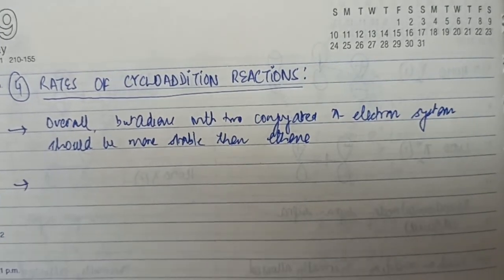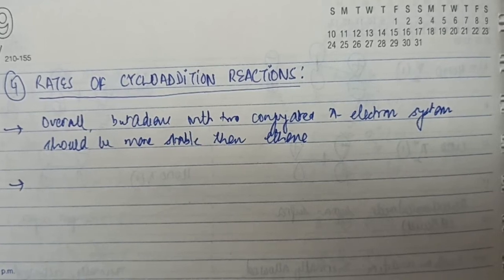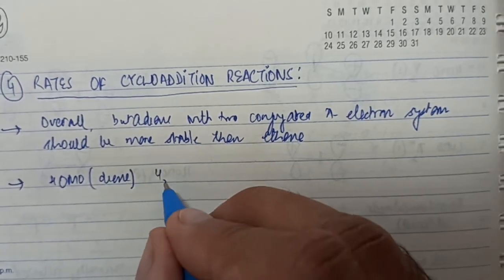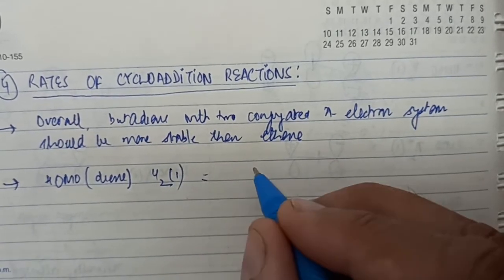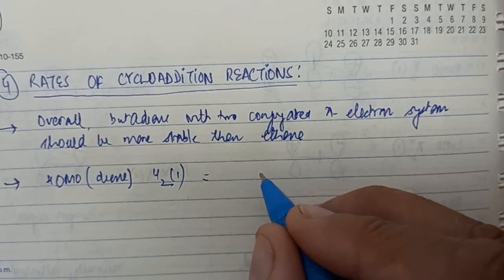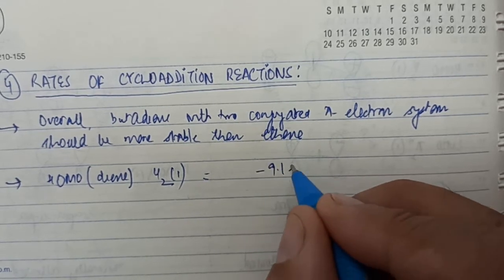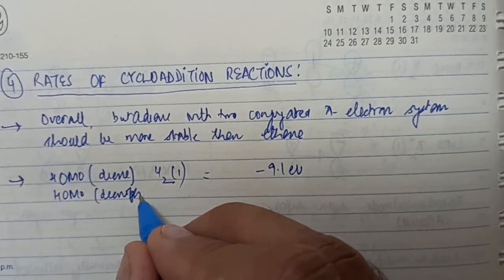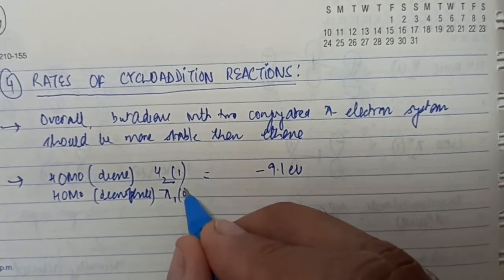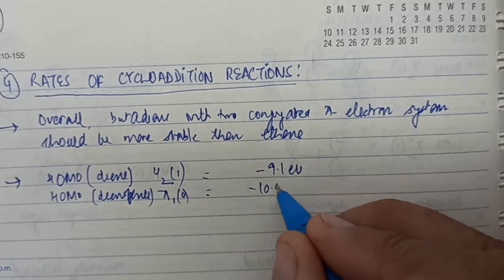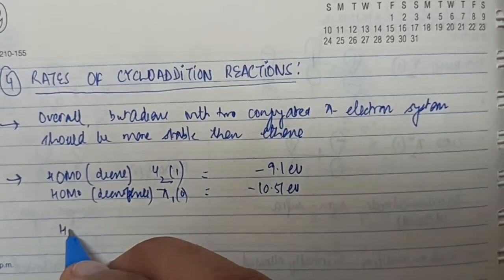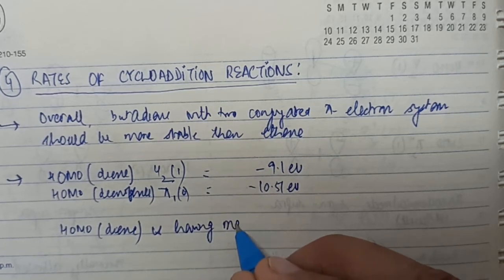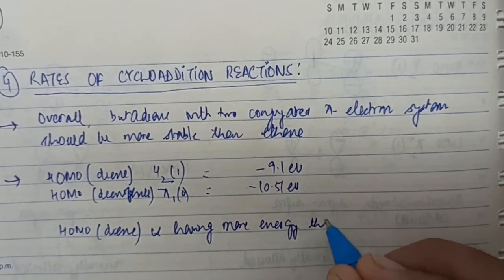But once we talk about the valence orbitals, the energy of the HOMO and the LUMO, it was found that the HOMO of butadiene or any diene, which is of course Psi 2, which has one node, has an energy of somewhere around minus 9.1 electron volts, whereas that of the HOMO of the dienophile, which in this case is the ethene molecule, which is the pi 1 having 0 node, was calculated to be minus 10.51 electron volts. That would mean that the HOMO of diene has more energy than the HOMO of dienophile,